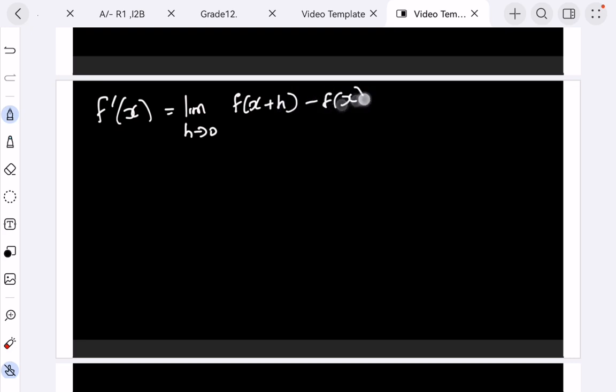Okay, so let's start with our formula. Remember, the question will ask you to determine the derivative by first principle or definition of derivative. So we know